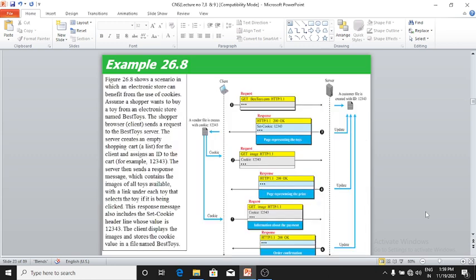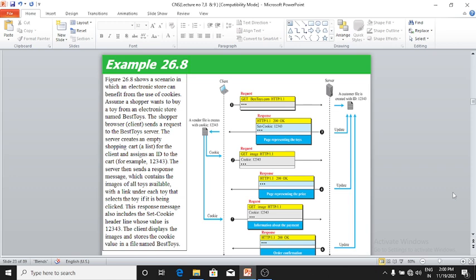Here is the example. The figure shows the scenario in which an electronic store can benefit from the use of cookies. Assume a shopper wants to buy a toy from an electronic store named Best Toy. The shopper's browser, that is the client, sends a request to the Best Toy server, right? The server creates an empty shopping cart, a list for the client, and assigns an ID to the cart, for example 12343, right?